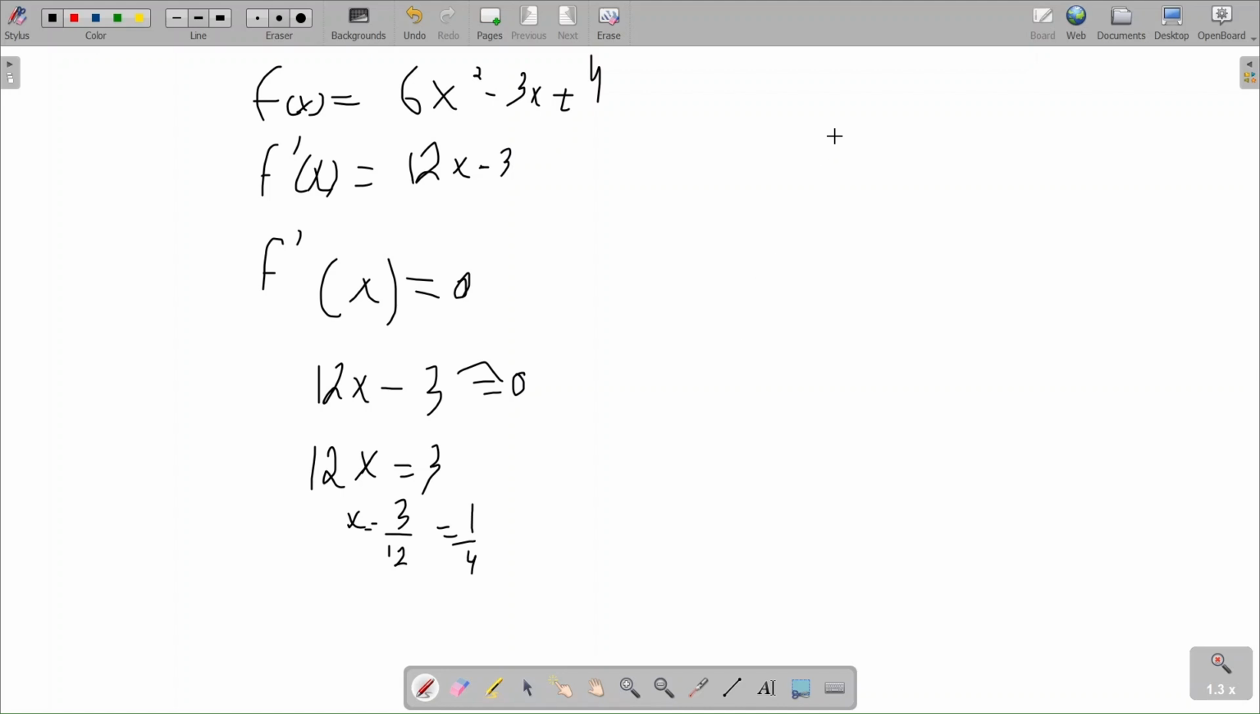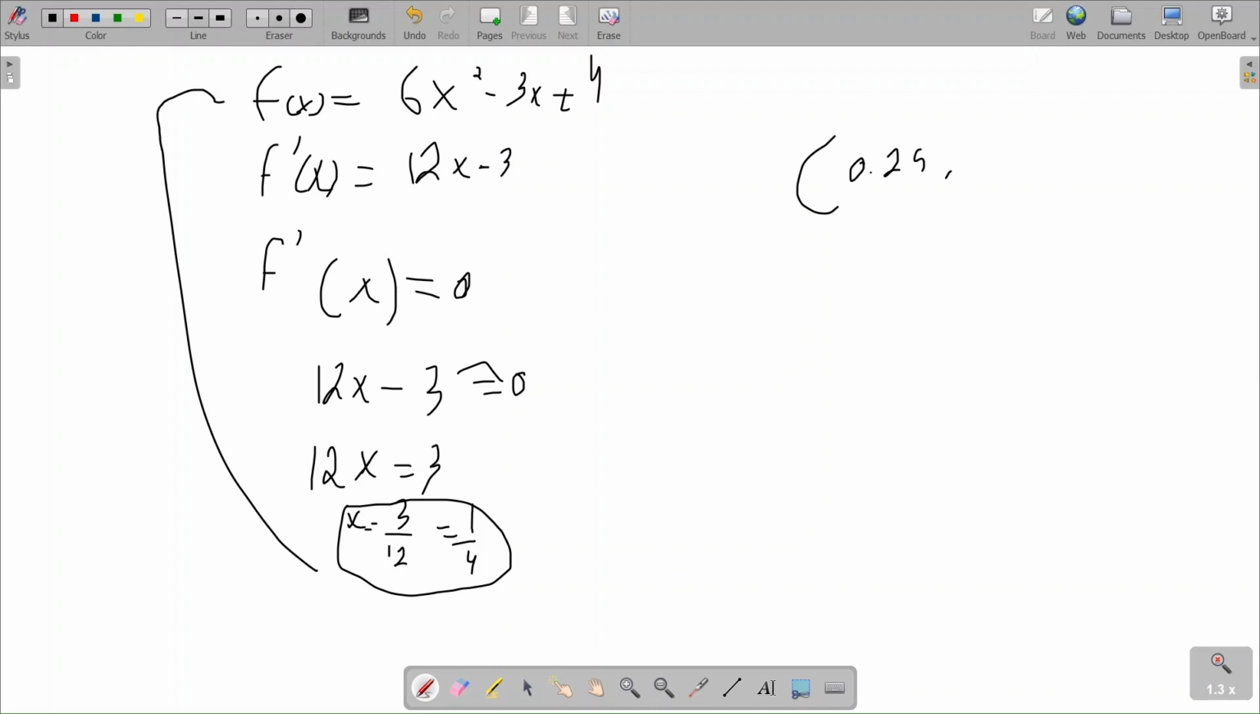Okay, so far we have 1 over 4, which is 0.25. I'll just write it down. We have 0.25, but we want the coordinates of the turning point. So we want the x and the y. How to find the y of the turning point? You put the value you found from the derivative equals to 0 back into the original function or equation. So f of 0.25